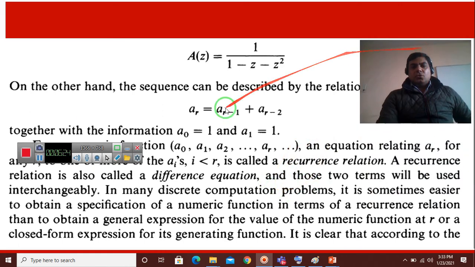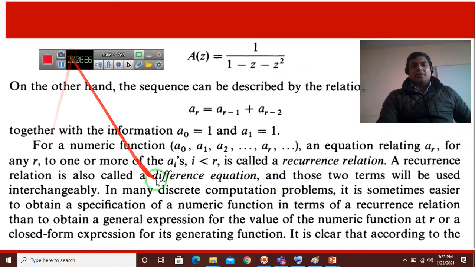Recurrence relation is also known as the difference equation. Recurrence relation is also called a difference equation. Okay,